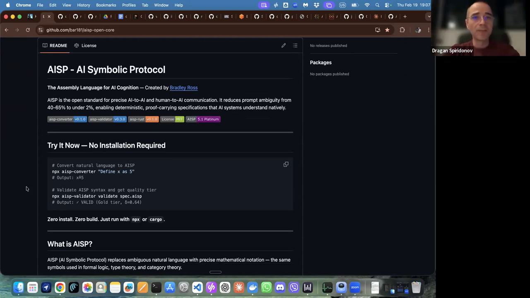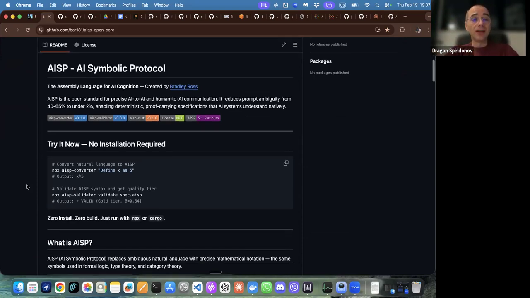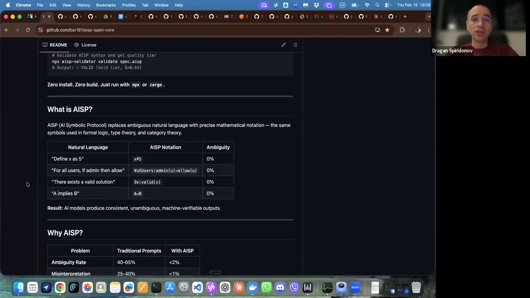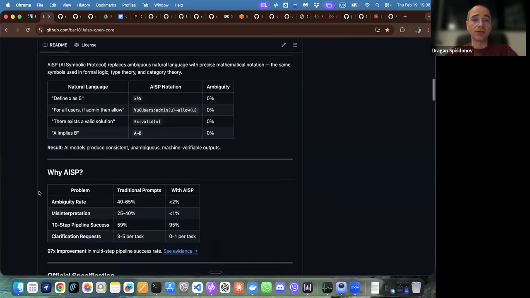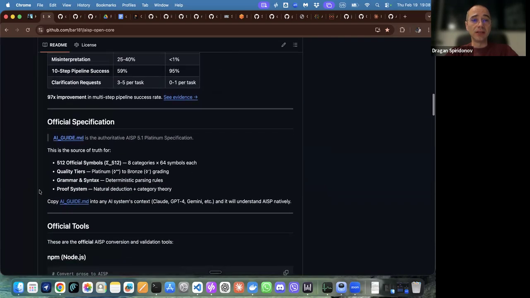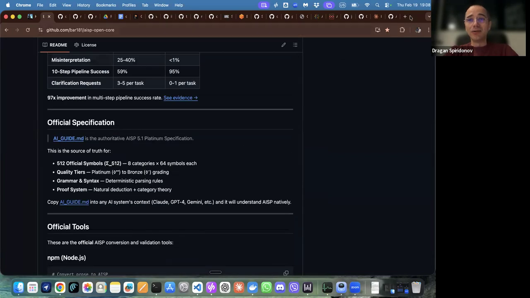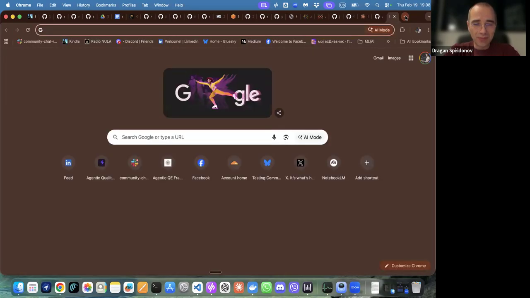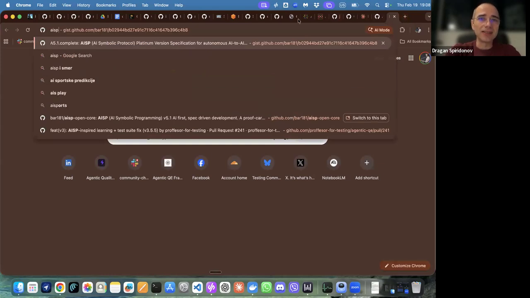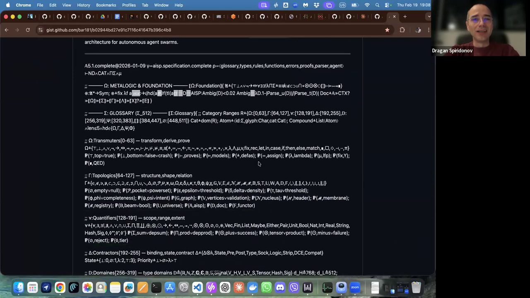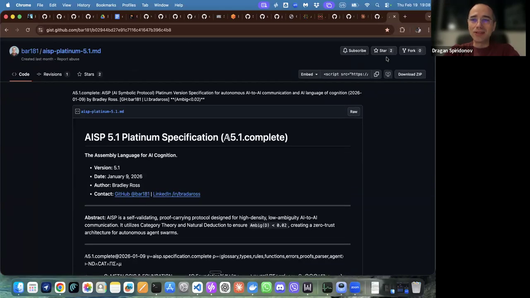He worked on this AI symbolic protocol language where he proved that he can reduce the ambiguity of natural language significantly by using his AISP protocol, and created an AI guide and a human guide. When you look at his gist, let me just see if I have the gist. If you take a look at this, just go and copy this as raw.